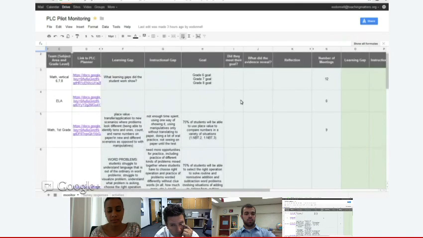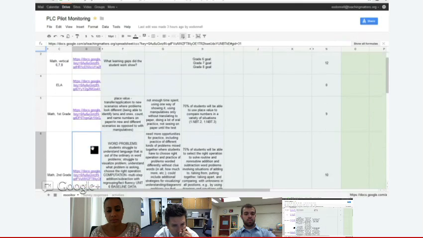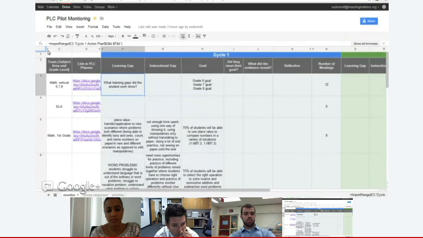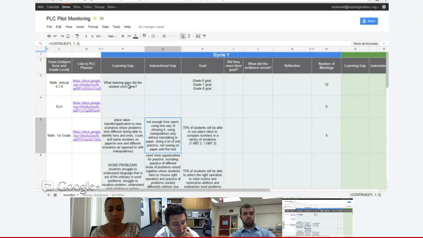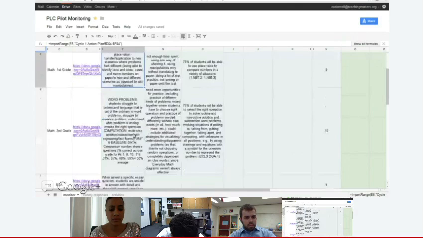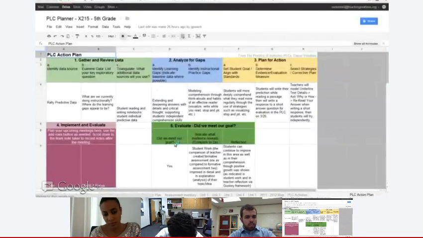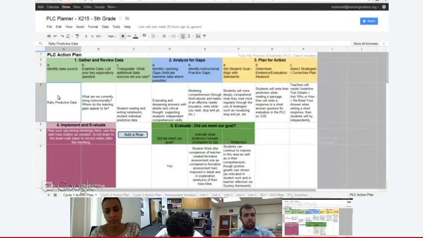You can't enter any data on this because all of the data is coming from these spreadsheets. And it's using a really cool function called import range. All the import range function does is say, okay, open up this spreadsheet and return the data from these rows. So if I go to one of these planners here, this is the spreadsheet that data is being pulled from. This is just a graphic organizer for the 5th grade data team to be setting,